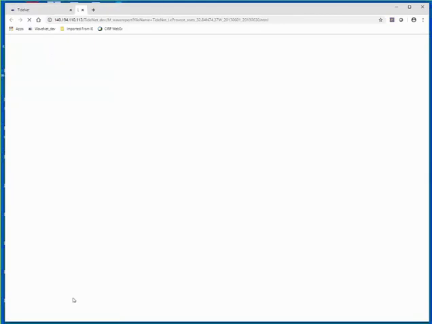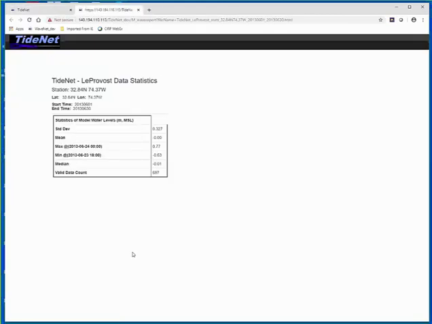Again, they provide some information that you will need based on that particular start and end time that you selected at that particular location: standard deviation of the tide, mean value, maximum, at what time and dates it occurs, and that kind of information.